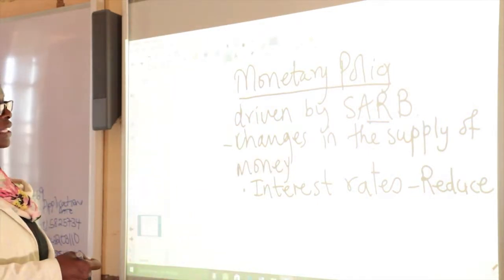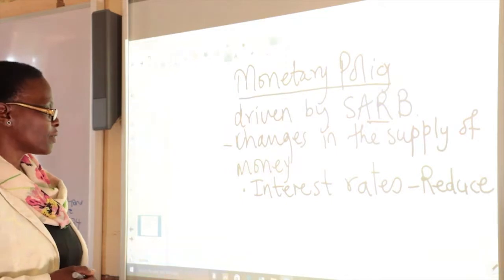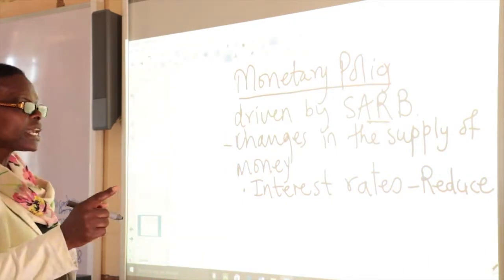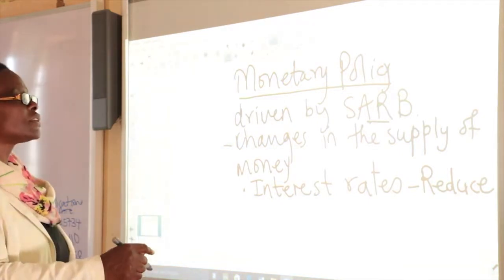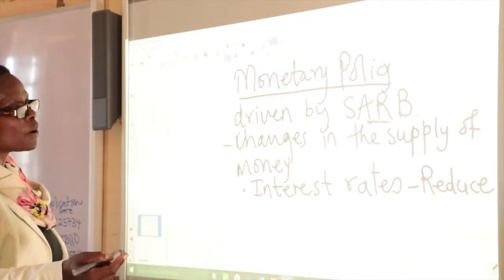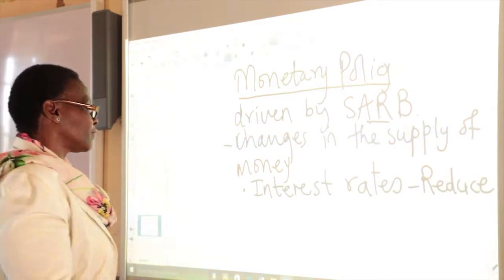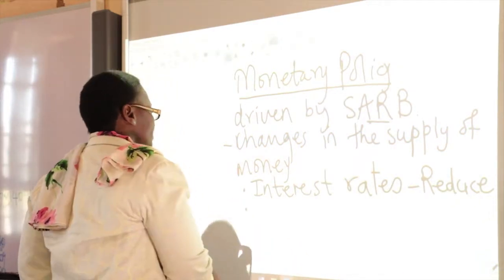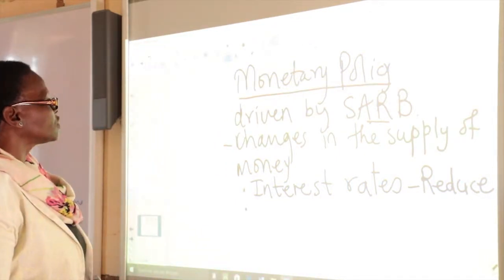And in the process the economy grows, and the standard of living of the population improves, because they get jobs. They need to be employed for the producers to produce more, and their standard of living would also improve. And the next, or the second, instrument